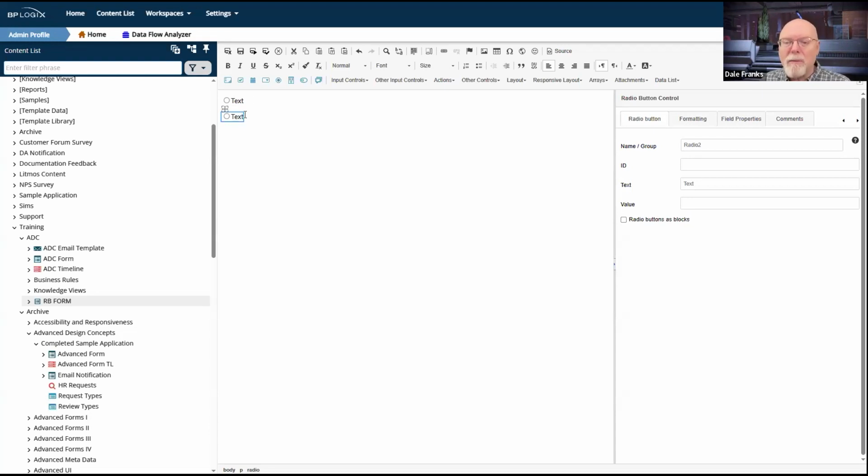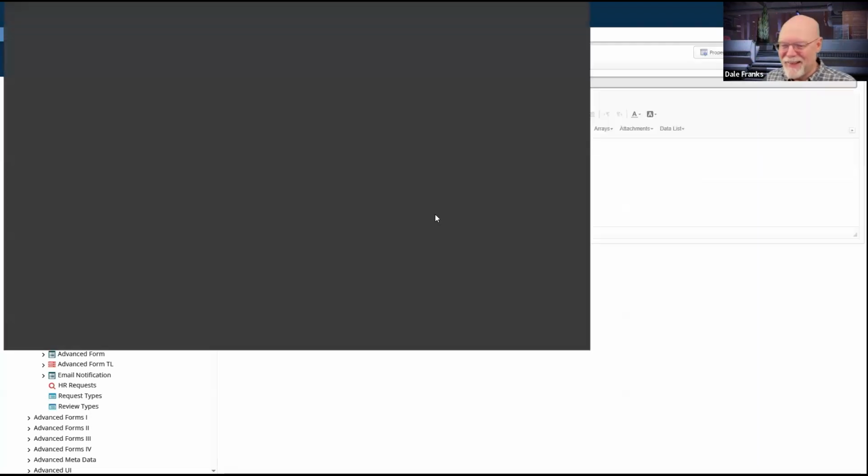But what this means is, if I run the form right now, which I guess I will, these are actually going to be considered two different radio button groupings. There are two radio buttons on the form. It can't take this long to prompt a form instance. There we go.